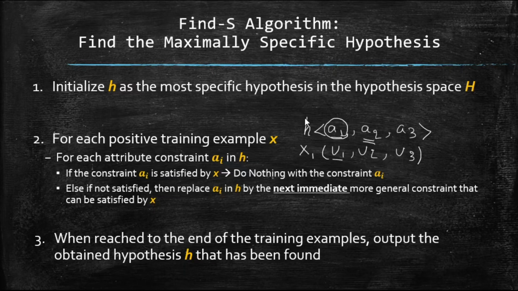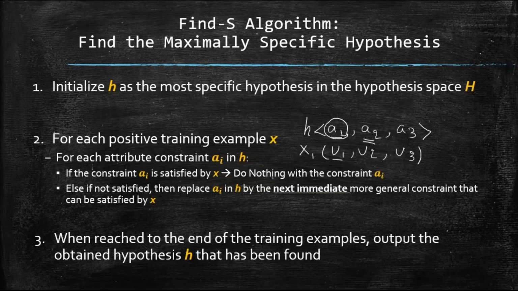It's because A sub 2 is too specific. So we need to generalize A sub 2, but just enough so that it would accept V sub 2. You don't have to go wild. You don't have to make it super generalized. Just generalize it enough so that V sub 2 would be accepted. And that is why